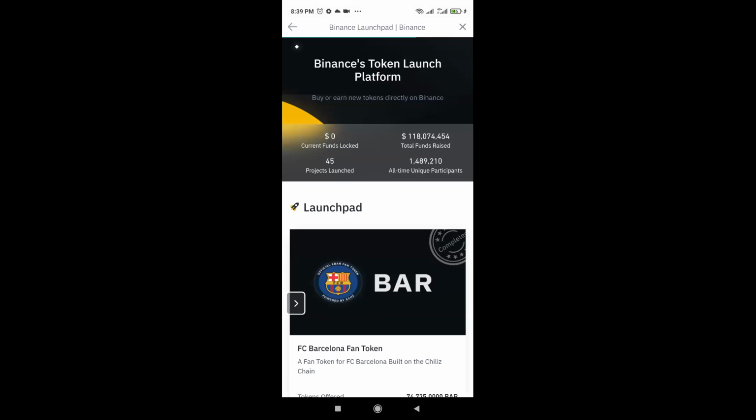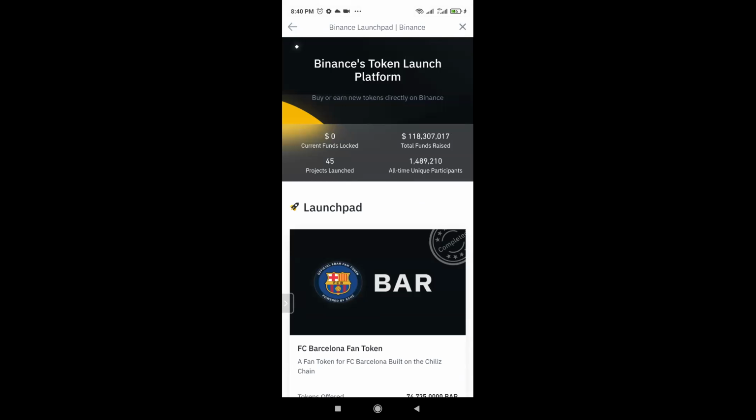It's good you look at this Launchpad, because this is where you will know when coins are about to be listed on an exchange, whether it's Binance Exchange or Coinbase Exchange. The value of that coin always rises. Once you hear that this particular coin is about to be listed, just know that that coin will rise by probably 500 to 700 to 1,000% at that time of launch.